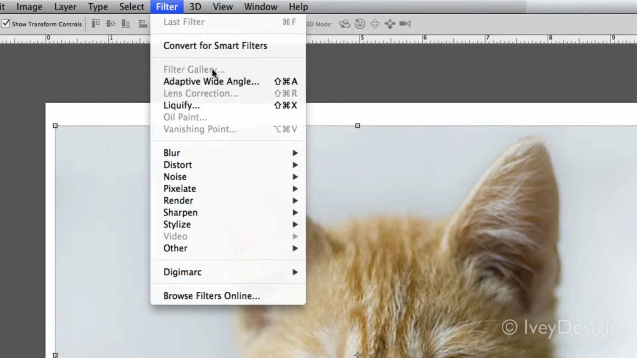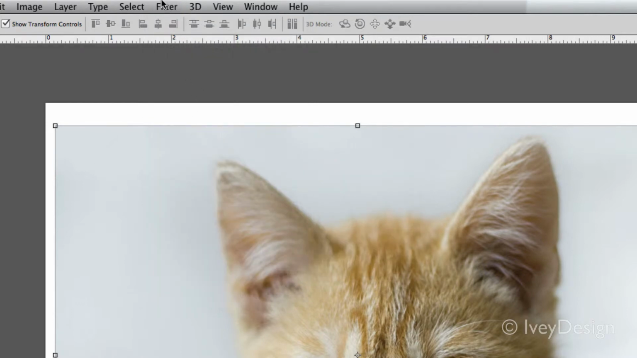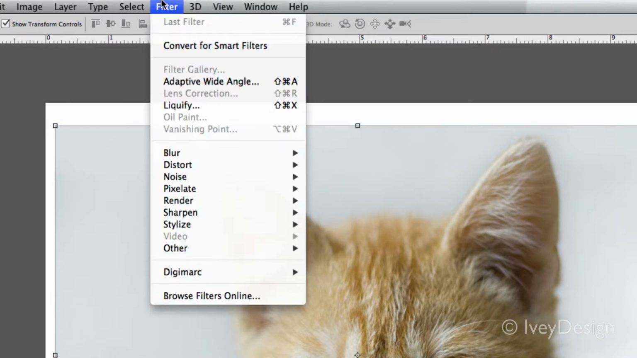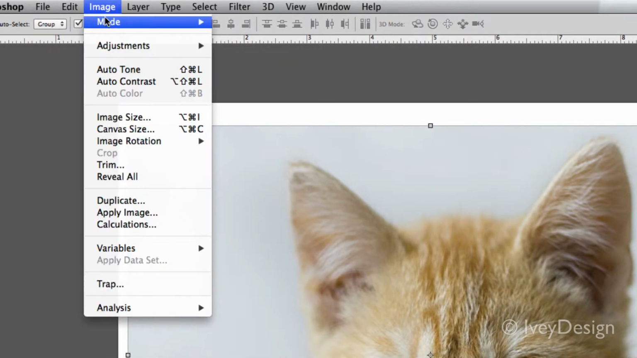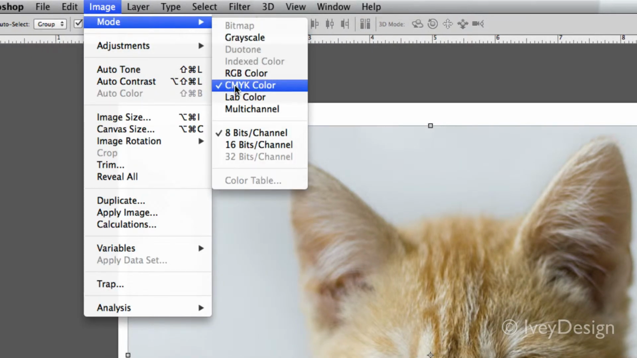Notice, however, right now some of the filters are grayed out. I'm not able to make these selections. If this is the case, check whatever color mode you're working in. You can go to Image, down to Mode, and you can see I'm working in CMYK. Some of the filters are not available if you're working in this mode, and you may need to convert your